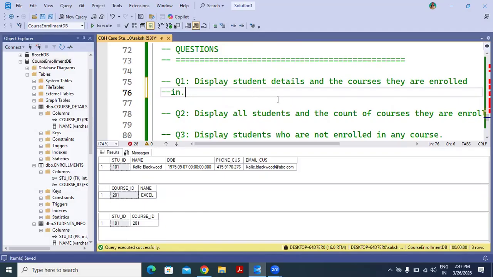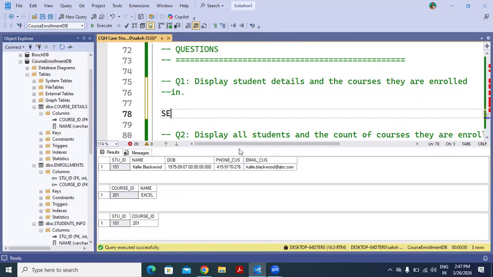So before applying any join, we must see what we want. We want the student details, which is present in the first table, that is students info. So we need this table, and for the courses they are enrolled in, we have this third table. So we must join the first table and the third table.